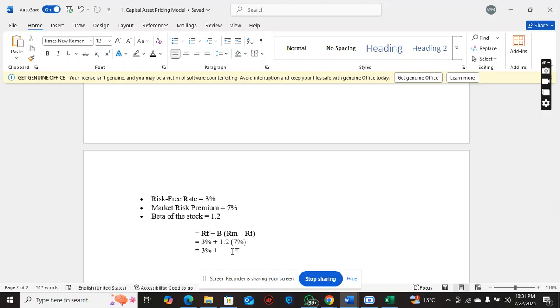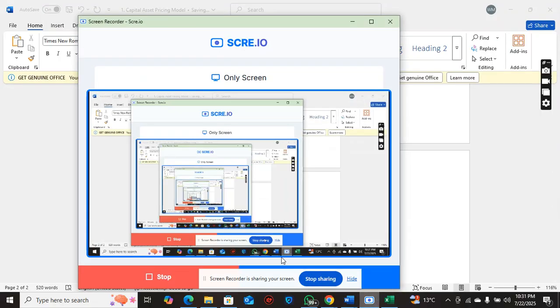So 1.2 times 7 is 8.4%. 3 plus 8.4% means 11.4%. Yes, that is the cost of equity, or that is the